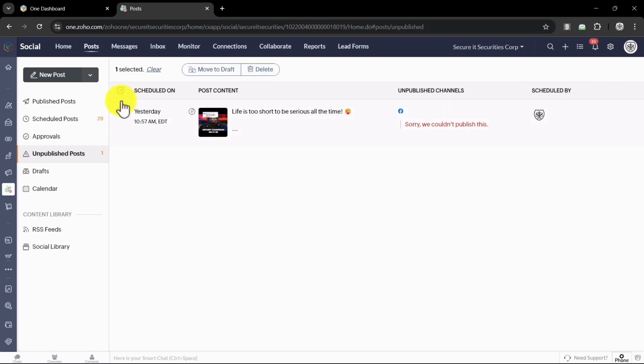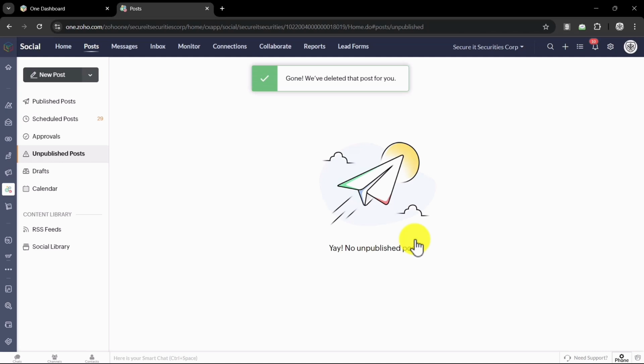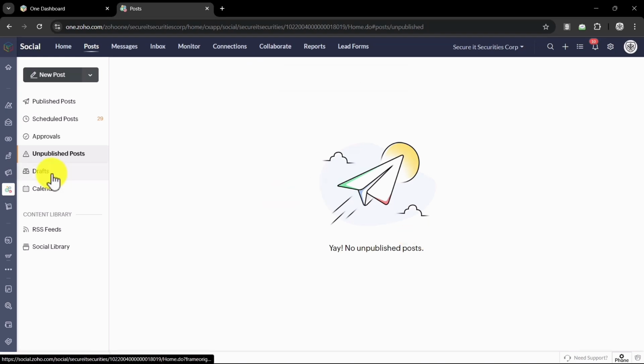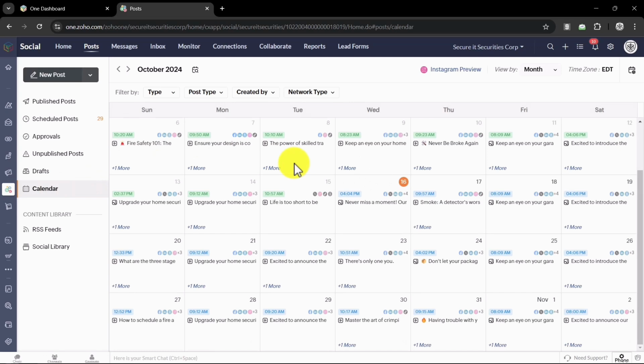I usually just delete it because it's already probably going to go out a week from now again anyway. And usually when that happens, a lot of times the channels get disconnected. So you've got to go back to the connections and connect the channels again. Drafts would be if you set up any drafts for someone to post later, and calendar gives you the overview